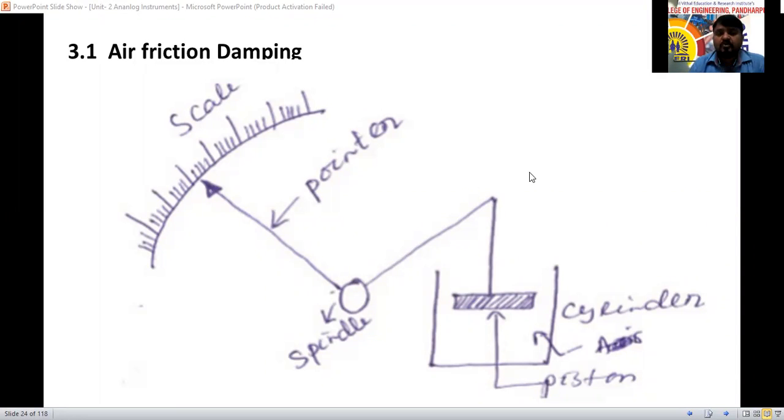नहीं, ठीक है. So this is what we are going to call air friction damping. ये छोड़ के अभी मैंने one more example I have told you people, by adding some weight to the tree branch, slowly it will take up that one here. So by weight balance also we can add damping here.